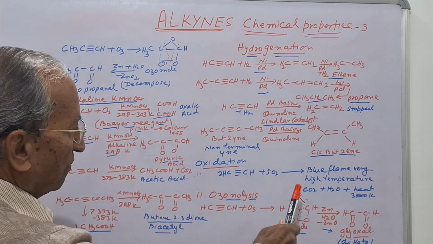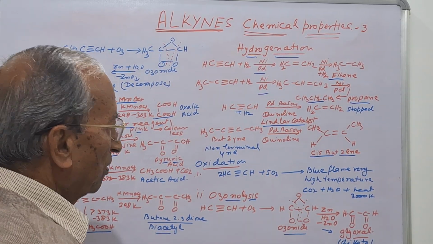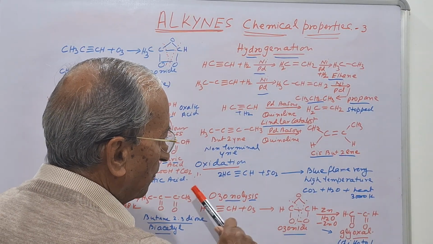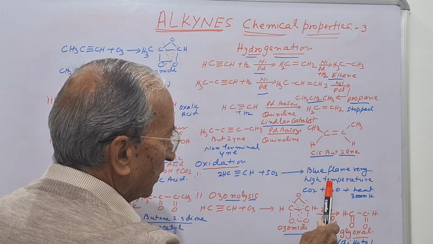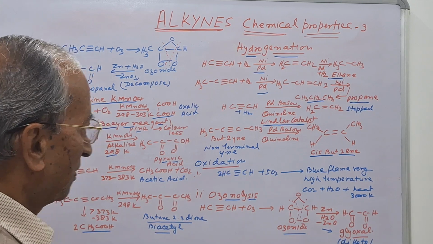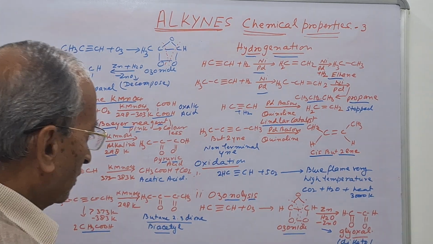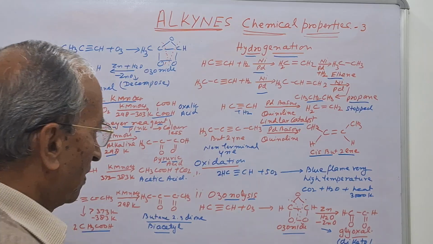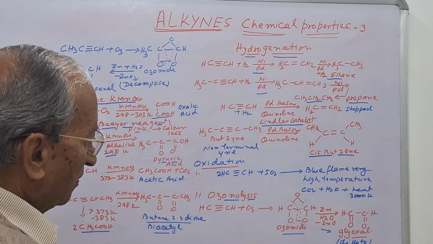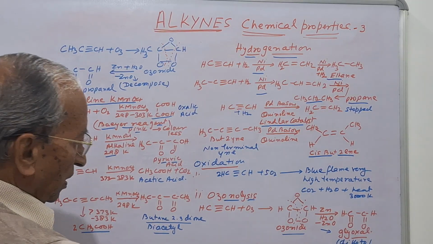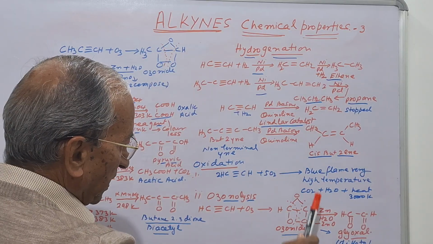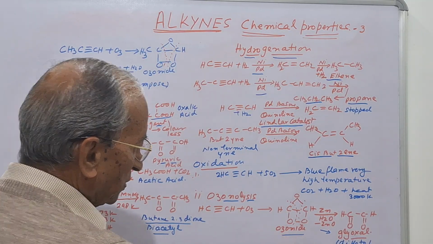So combustion in air or oxygen gives a very high temperature, that is complete combustion, blue flame, very high temperature, which is used for welding purposes. Now come to ozonolysis, that is oxidation with ozone, O3. Now ethyne reacts with ozone. In the first step, an unstable compound, that is ozonide, is formed,